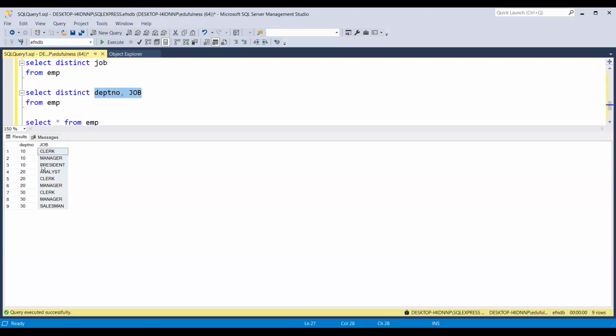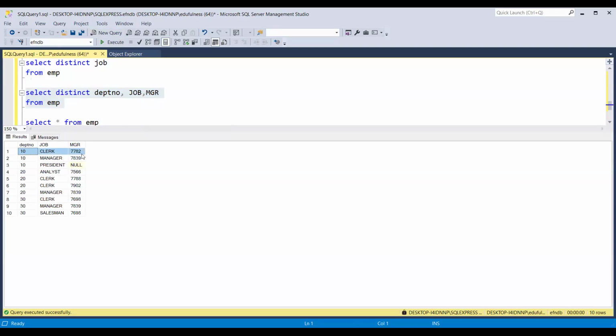Please mute after discussion. Don't forget that. So you can see that any combination is unique actually. Hope it is clear, right? You can add one more also, like MGR. Now maybe the list will increase, but every combination is unique.